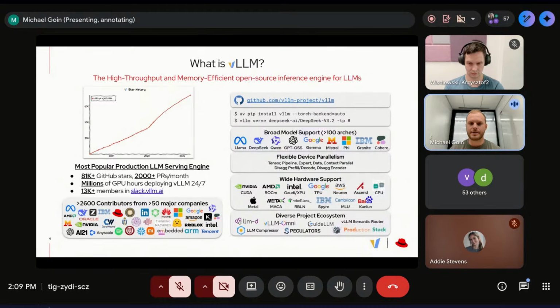vLLM is highlighted by its easy to use Python-based library. It's just a pip install away, and you can get started with vLLM Serve on your hardware. It supports hundreds of different unique model architectures with different types of device parallelism.